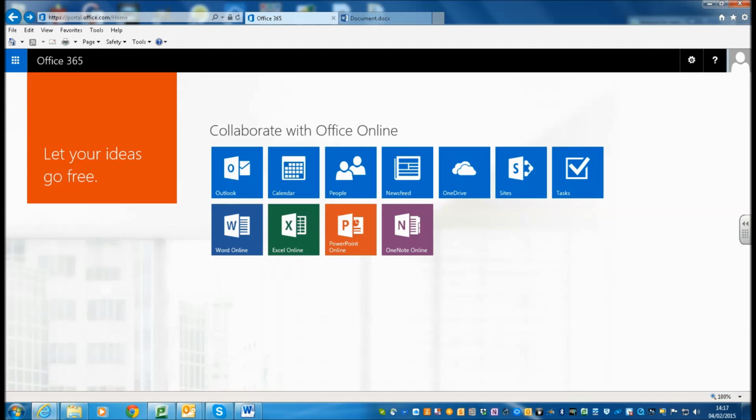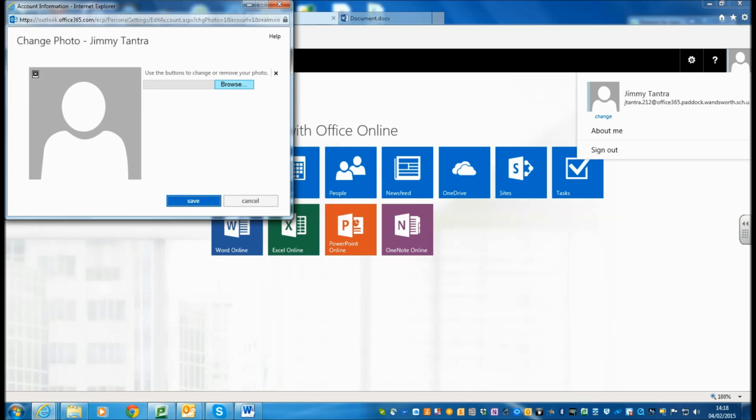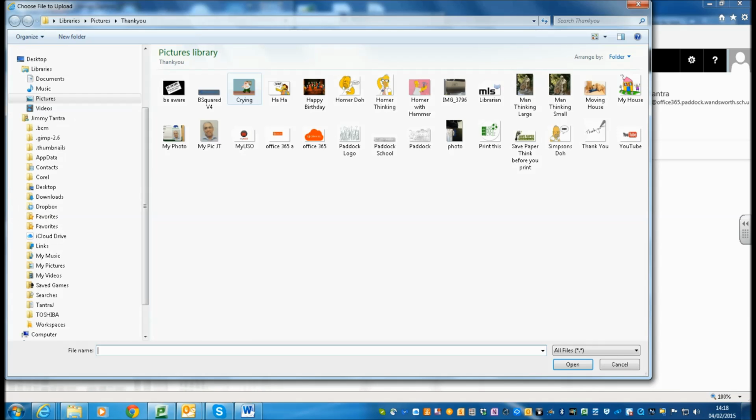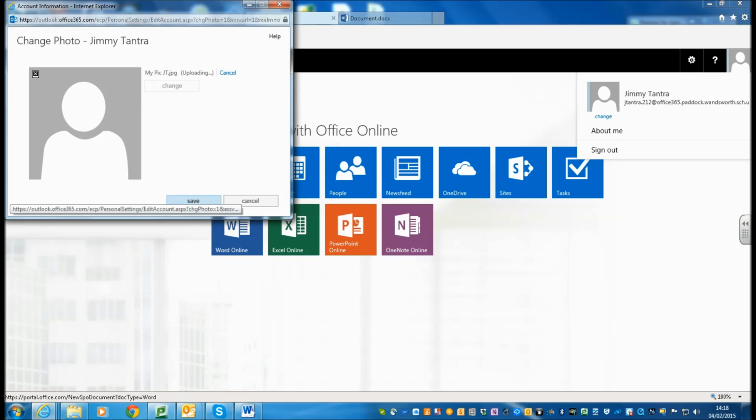And basically that's a very, very quick introduction into Office 365. One thing I would suggest is here you can actually change your picture. So if you want to change your picture from here, you can just click on Browse, and it says my picture here. Open that, save it,